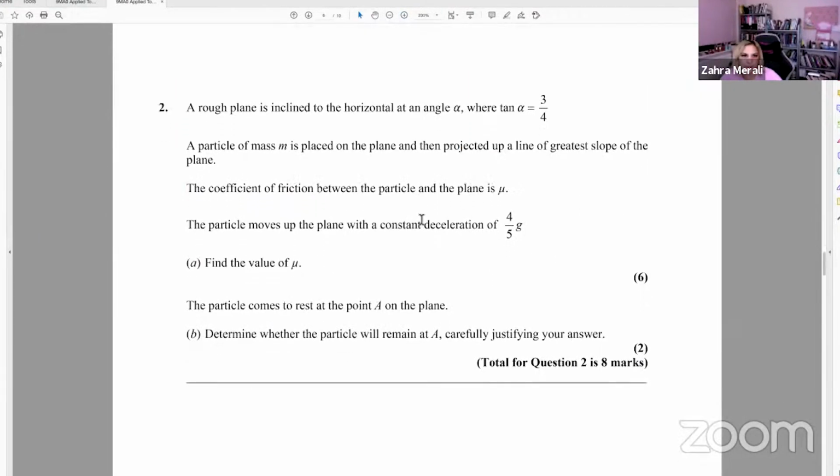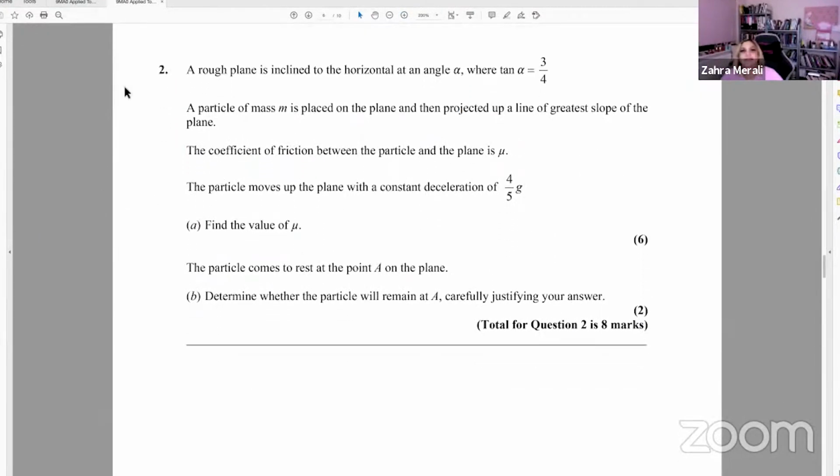So we've got a rough plane inclined to the horizontal at an angle alpha, where tan alpha is 3/4. Can you see how all of these are starting to look a little bit familiar? A particle of mass m is placed on the plane, and this one is projected up. The coefficient of friction is mu, and now it's telling you it's moving up the plane. So let's draw it and see how that's different, but most things will be the same as what we've